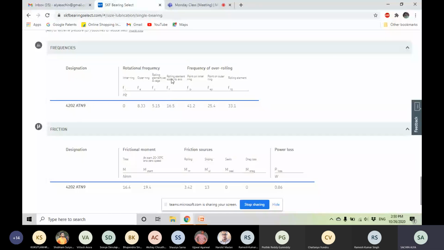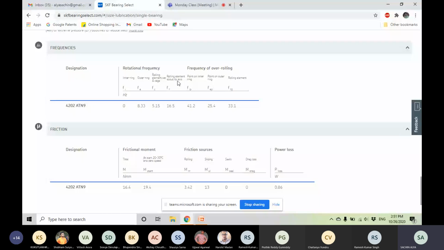So say for rolling element about its axis. So at a particular point, how many rolling elements are passing that point in a particular time on a per second basis, because it's defined in hertz. So which defines the frequency.